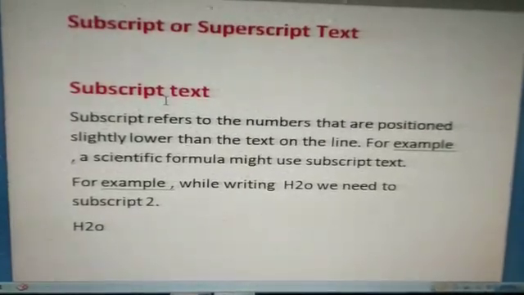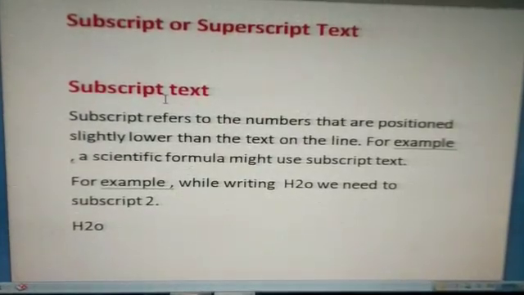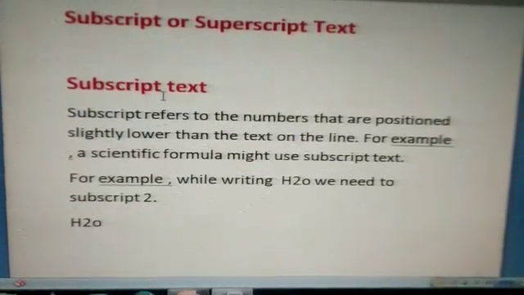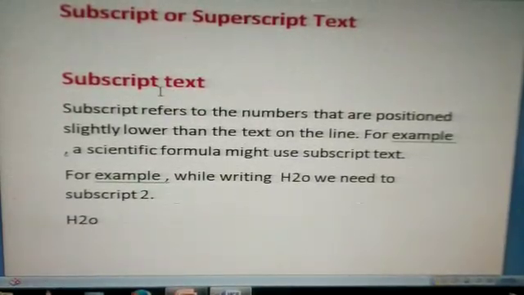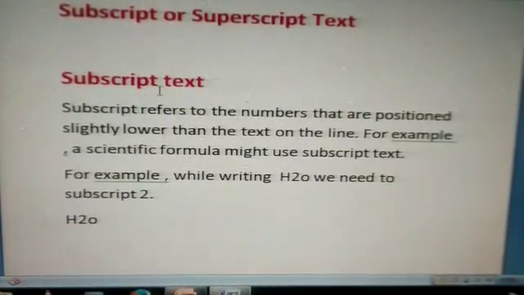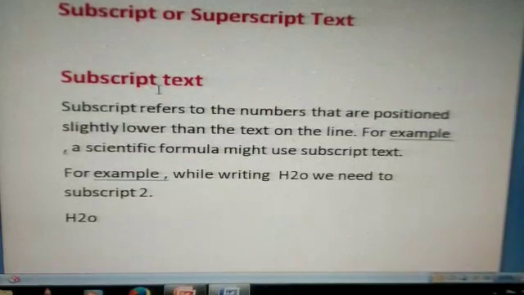Our next topic is subscript and superscript text. First we will understand subscript text. Subscript refers to numbers that are positioned slightly lower than the text on the line. For example, a scientific formula might use subscript text.